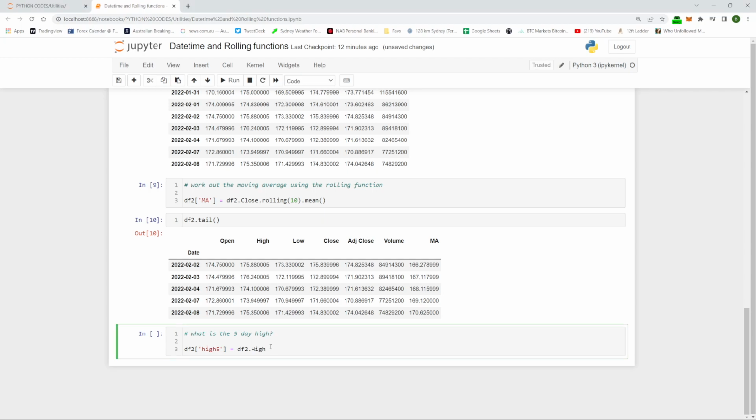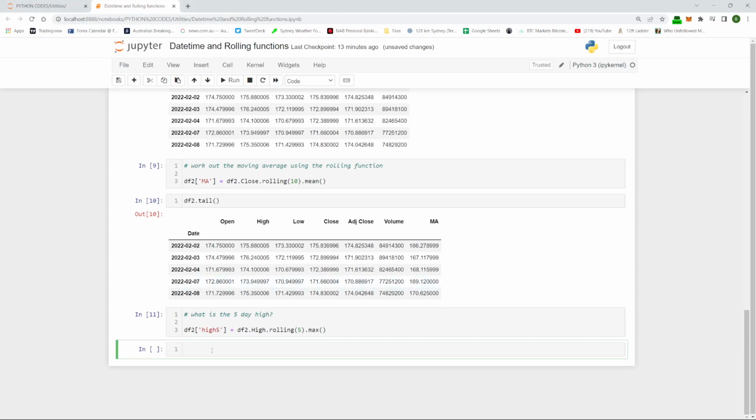Now we need to roll over a certain period, so just as we did above, we type in rolling, and then we want 5. As we're looking for the highest high of the last 5 days, we use the max function. This is basically saying roll over the last 5 days and tell me what the highest high, or the maximum value, was. Now if we run this cell,